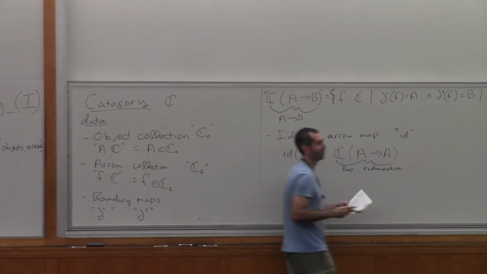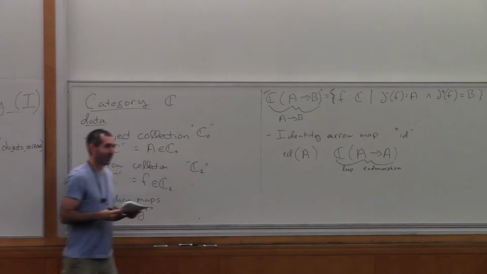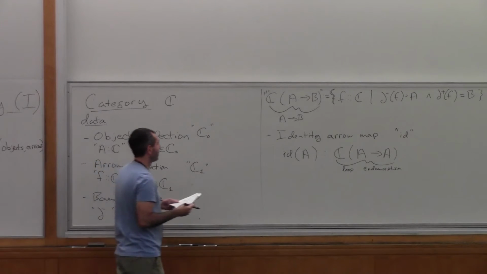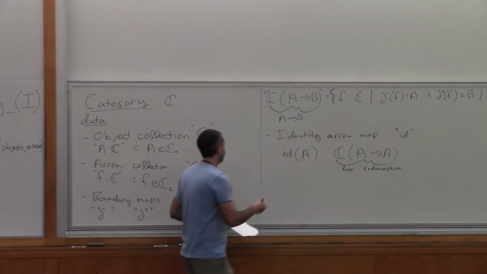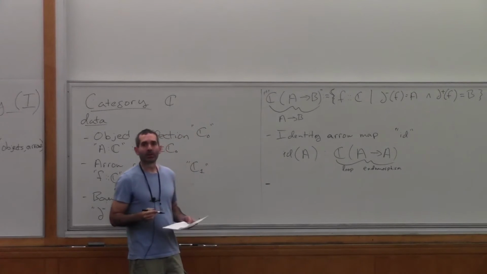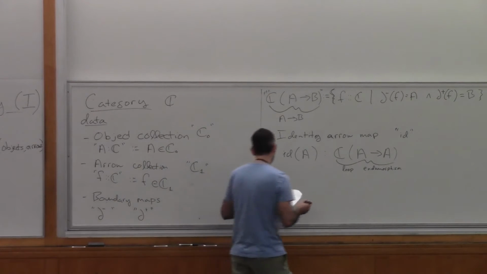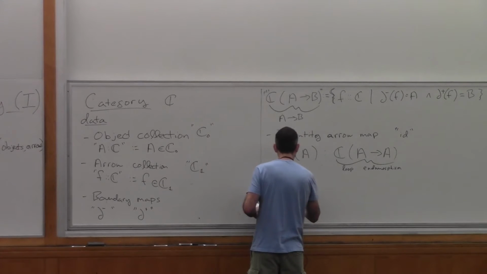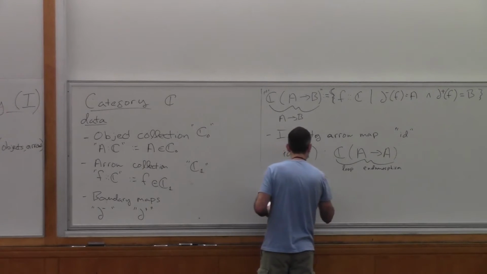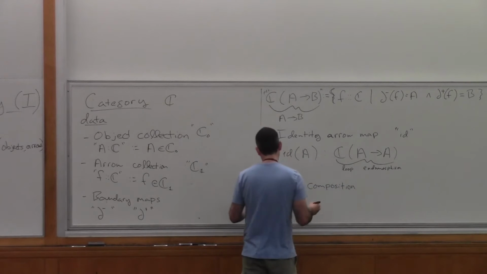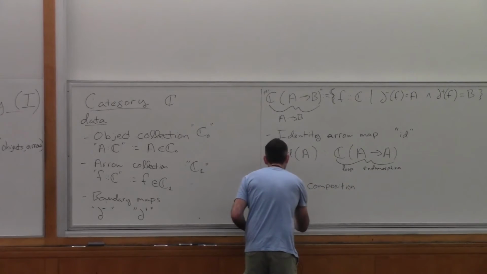Okay, well, just this once. Okay, so we have identity arrows for every object. And then the final piece of data is we have composition of arrows. So composition is a partial operation on arrows, which is defined when I have two arrows